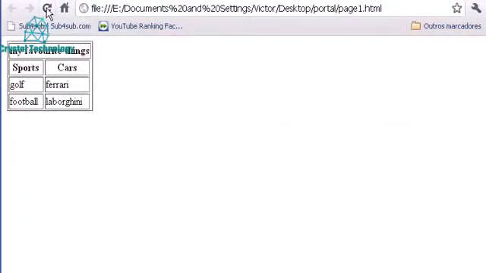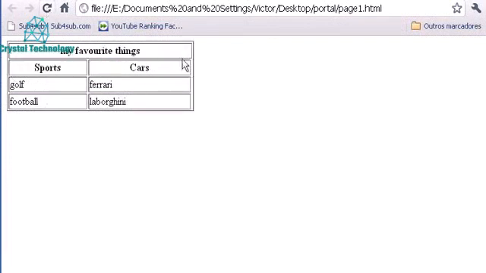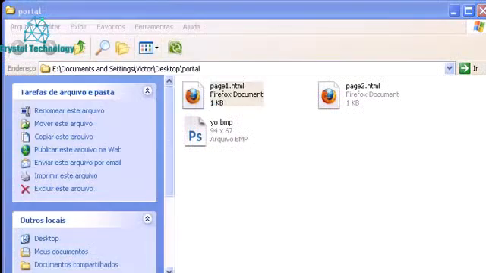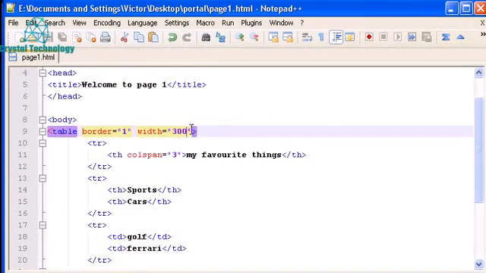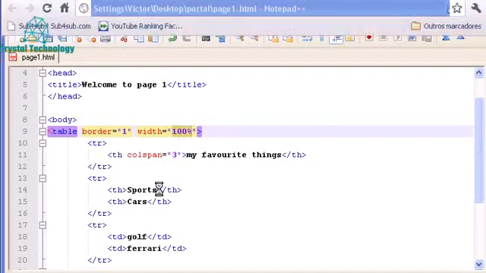Let's go to the browser and click refresh, and you'll see now the table is 300 pixels wide. We can change it to whatever number in pixels we want. We can also give it a percentage of width relative to our web page. So if we want the table to be 100% wide relative to our web page, it will